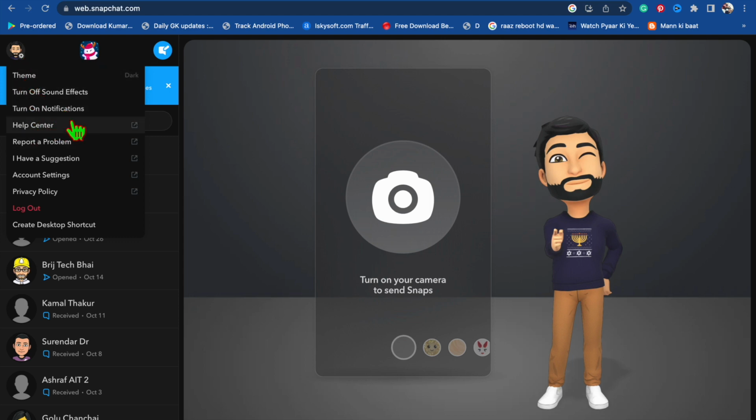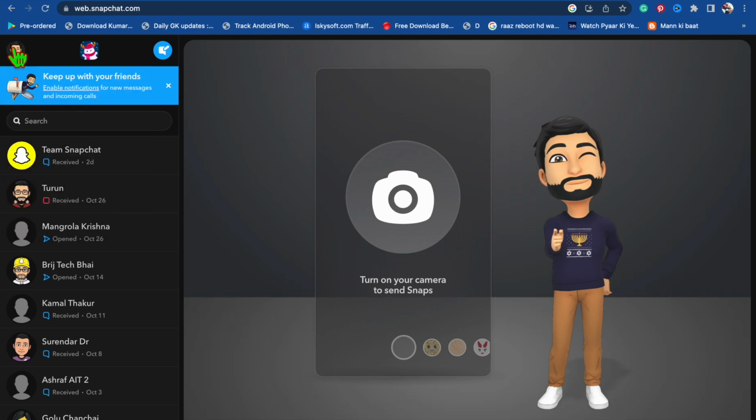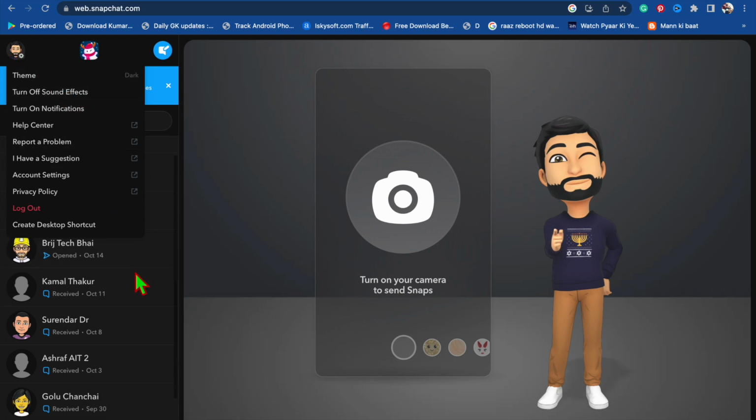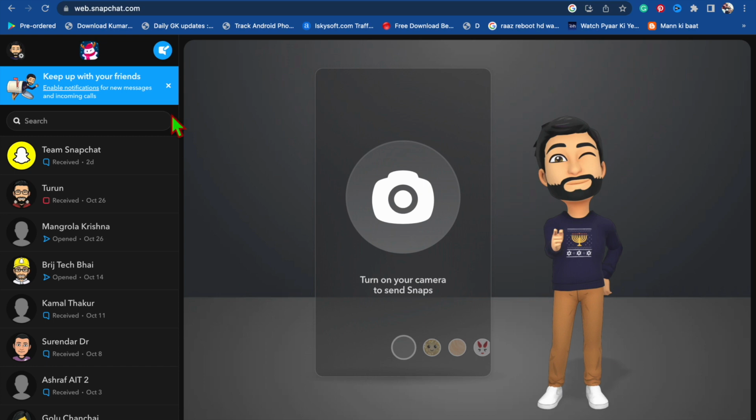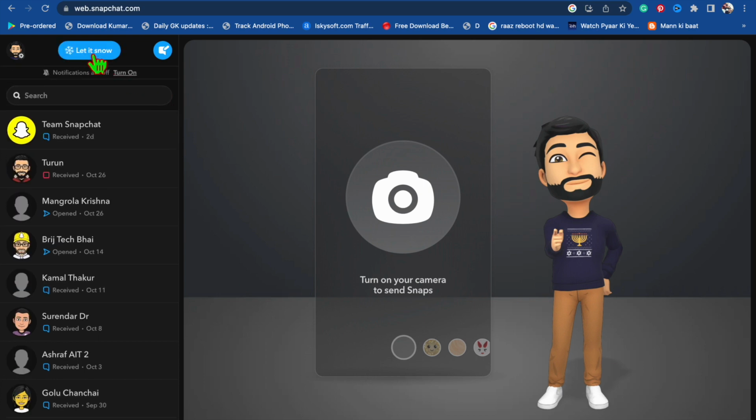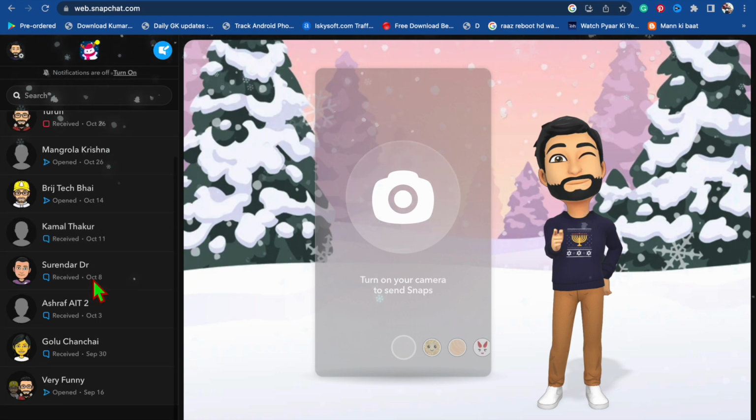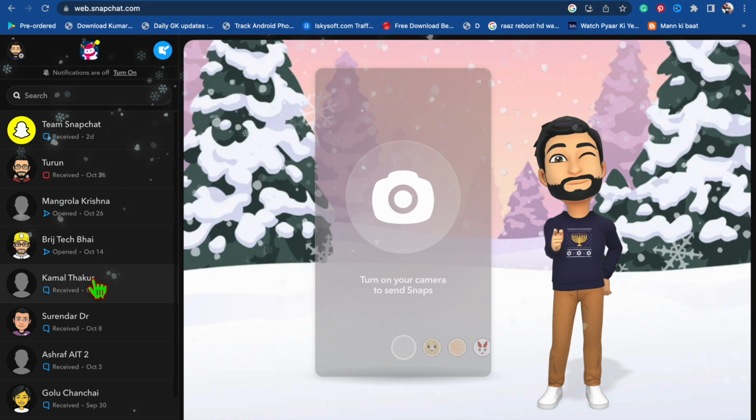Now you can go into help center. You can click on your profile pic, you can turn on sound effects, all these things you can do here. You can also, let's know, when you click on let's know you will see effects like this. So like this you can use Snapchat on your